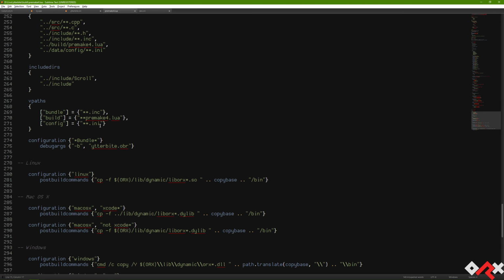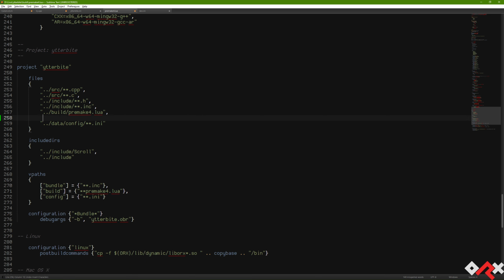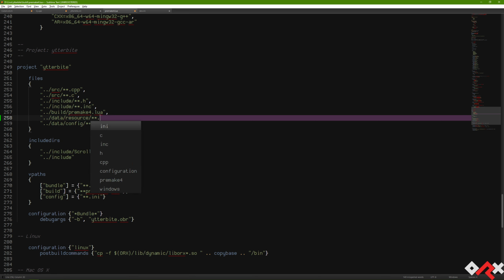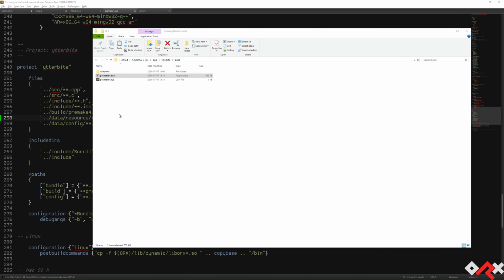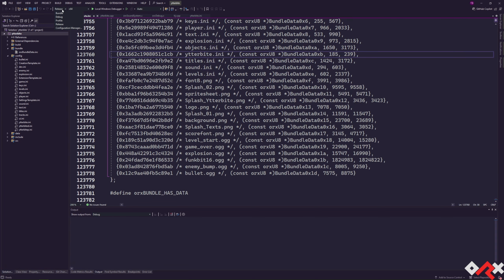So I think it's at the end. Yeah, I want you to take it, I think it's from data resource, and it's RC. There we go. And by running premake, now if I were to reload, and if I were to build, no matter the version, and if I look at,